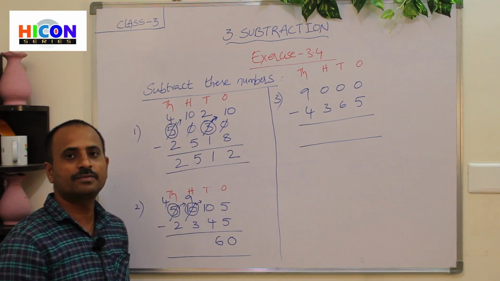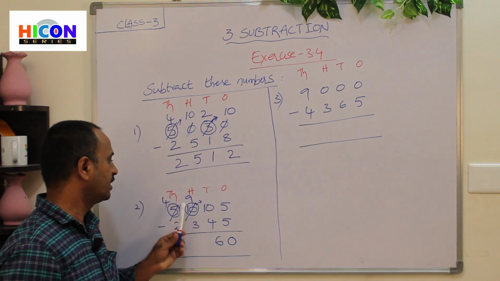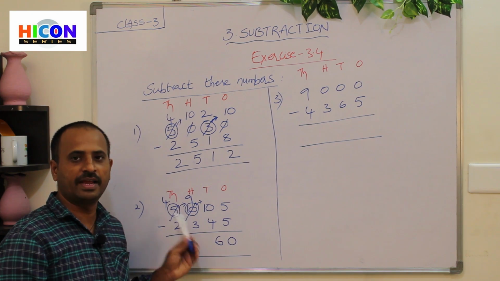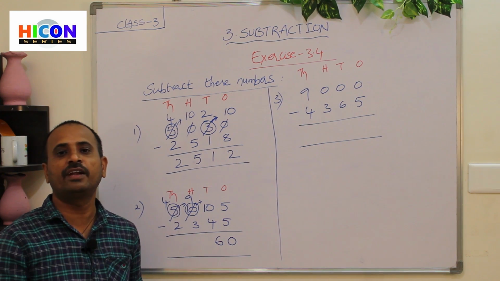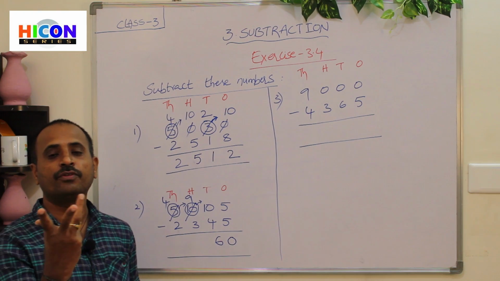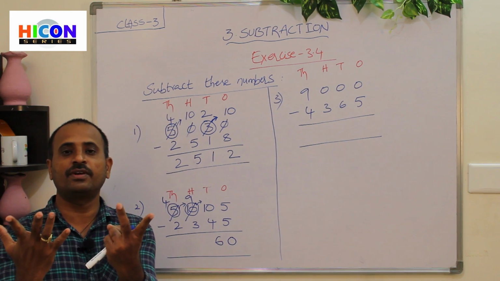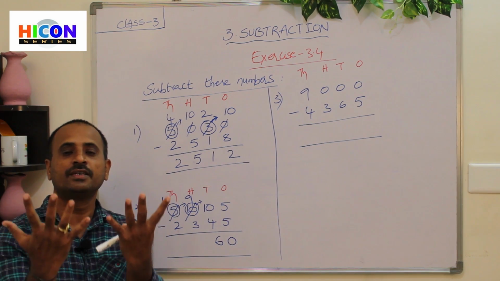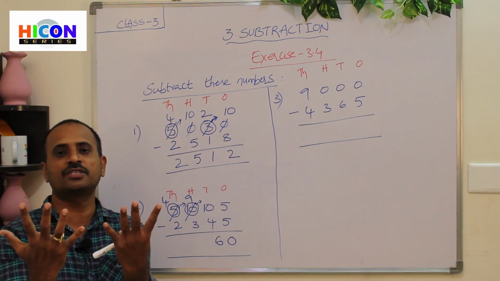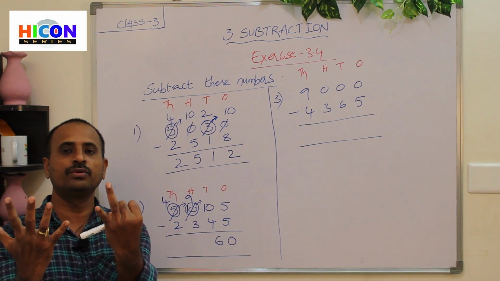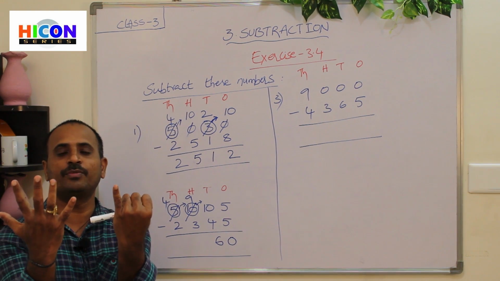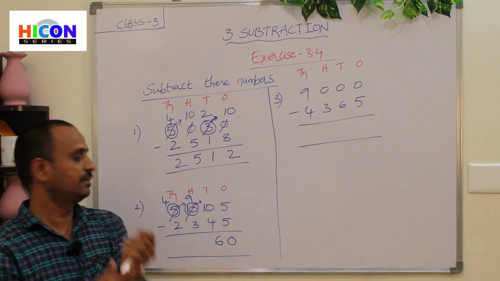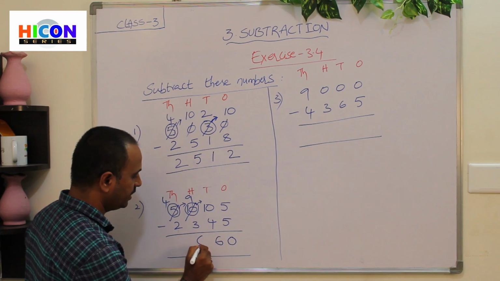Now go to hundreds place. What are the digits in hundreds place? 9 and 3 are present in hundreds place. So what is the first number here? 9. So open 9 fingers of your hand. 1, 2, 3, 4, 5, 6, 7, 8, 9. These are the 9 fingers. And what is the second number in hundreds place? 3. So close 3 fingers of your hand. 1, 2, 3. So children, how many fingers are remaining? 1, 2, 3, 4, 5, 6. So write 6 under hundreds place.